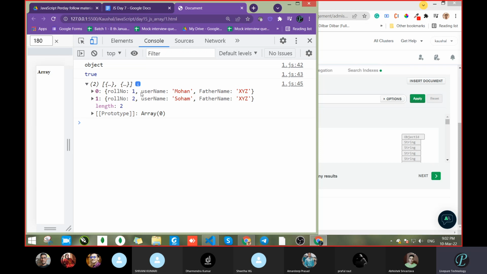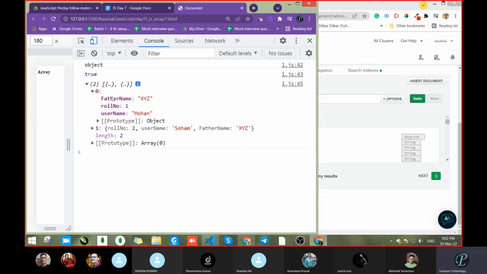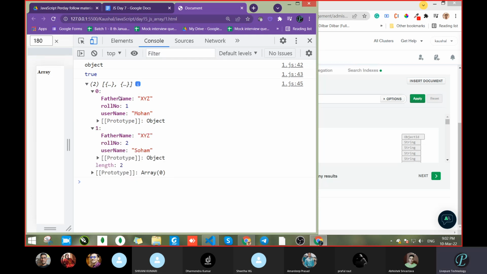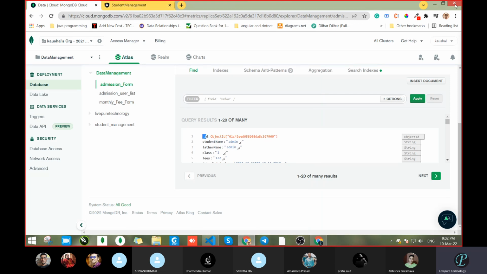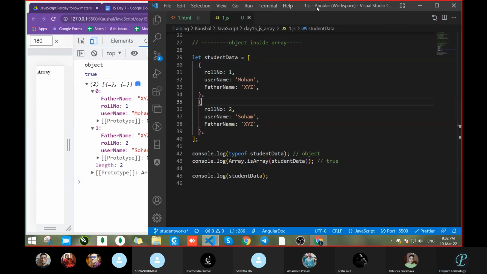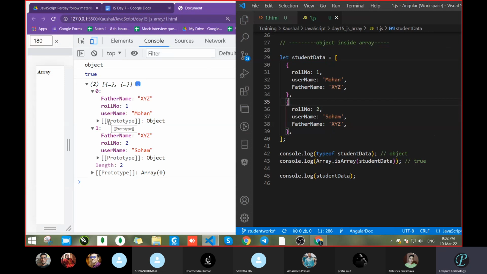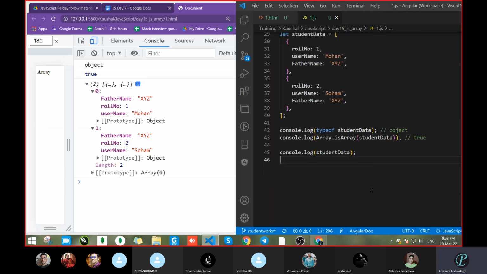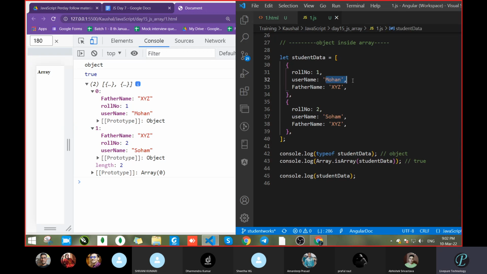Suppose you want a username. Okay. So you have to go with that part. How much data is there now? One data, then two data, which means two users' details are available. So now tell me how we can access data. Suppose I want the username of XYZ, this data I want. How to get that? How to get this value? Username, XYZ, or father name. How to get that particular value?